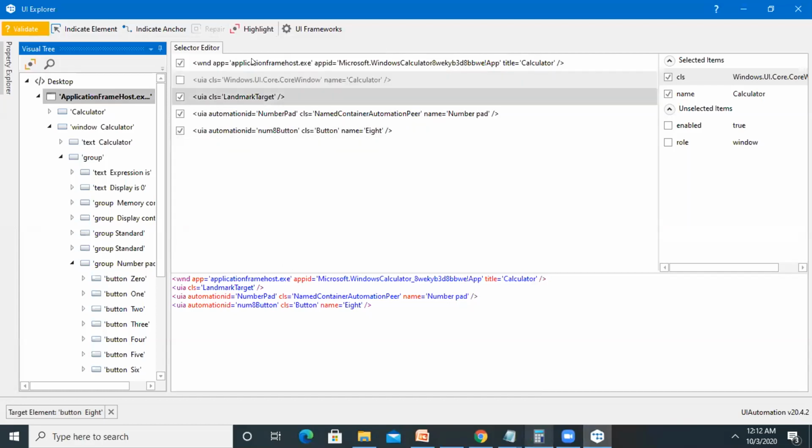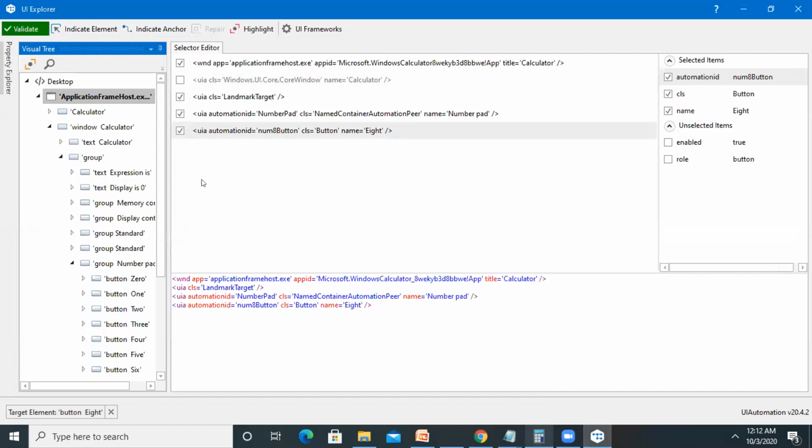Once our modification is done, we have to click on validate. If validation is successful, it will pop up with a green button. Otherwise, if validation is not clear or there is any issue in between, then definitely it will pop up with a red color or a watermark with yellow.